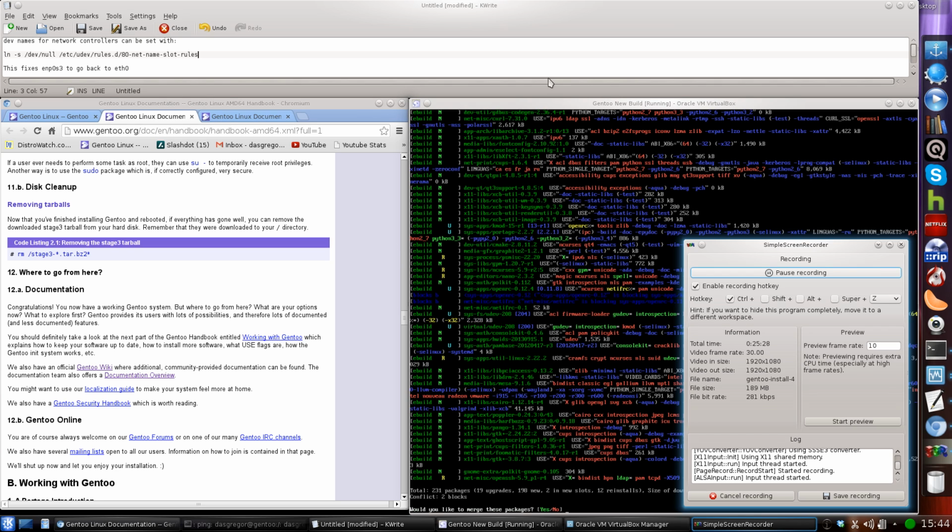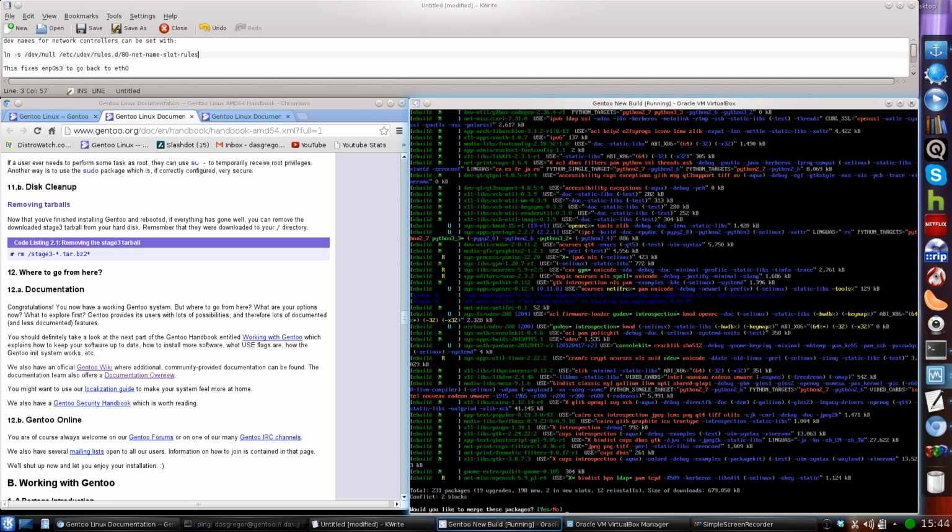Now this is a good example of why we did that, because now if we look at this, there are actually 231 packages that need updated. There are 19 upgrades, 198 new, 2 in new slots, 12 reinstalls. It's going to be about 679 megs to download it all. And if we look at everything,